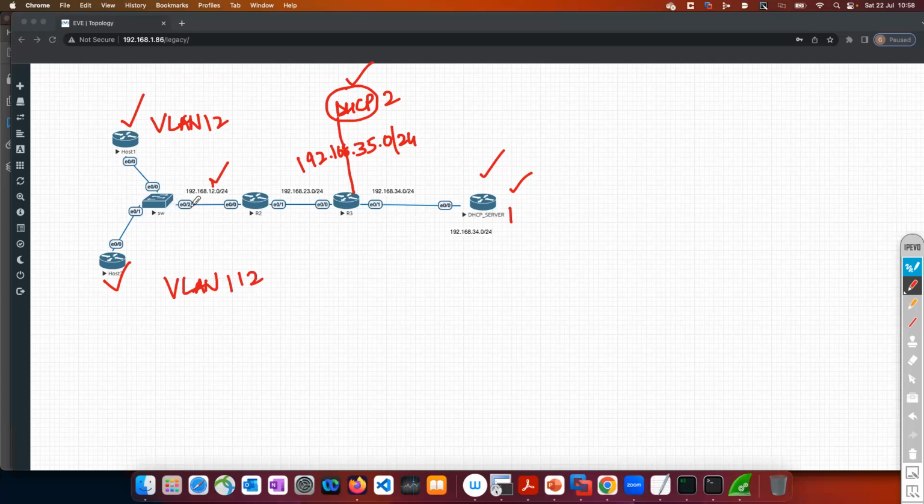And between these two, 192.168.12.0 is your VLAN 12, and 192.168.112.0 is your VLAN 112, correct? So definitely on this interface, you will have two different IP addresses. One is, let's say, E0/0.12, and another one is E0/0.112, correct? Now on your interface E0/0.12,